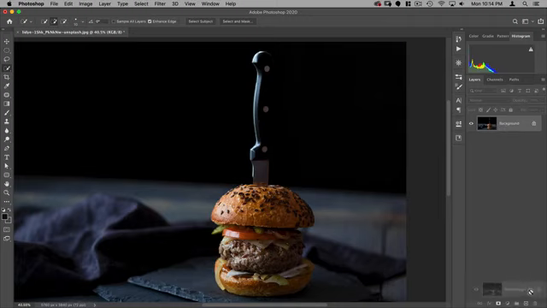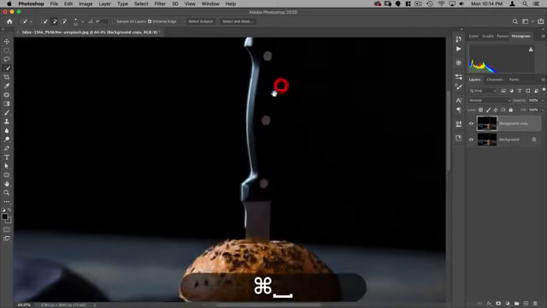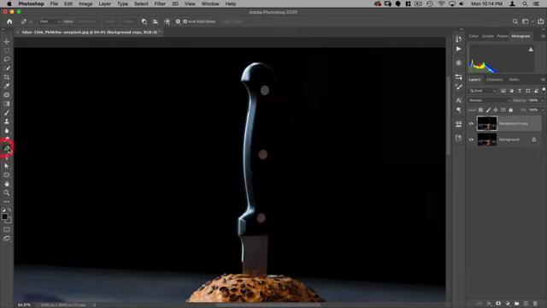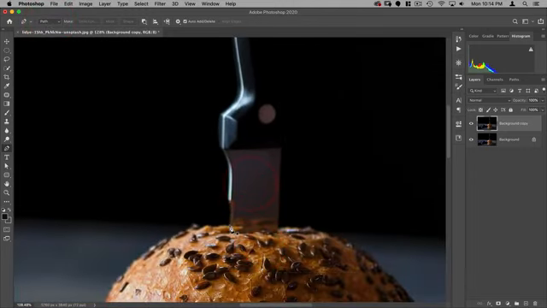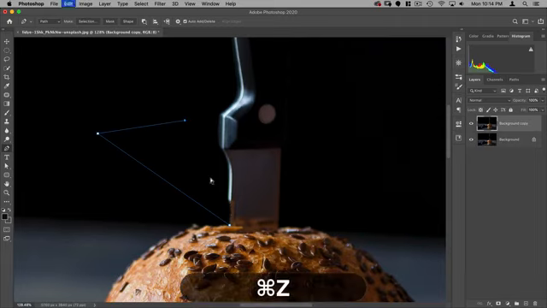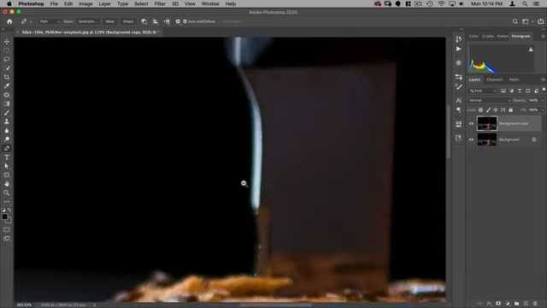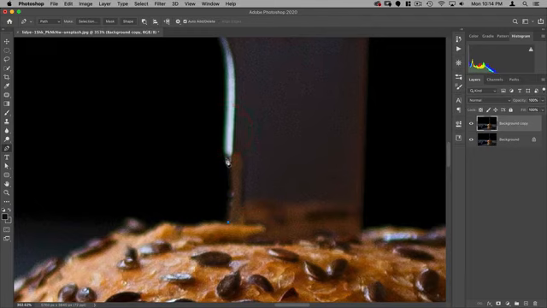So let's go ahead and make a copy of our layer. And with my pen tool, which is right here, I want to make sure it's on path, not shape. And then I'm going to zoom in here and basically just click, and that's going to add an anchor point. And wherever else I click, it's going to make a line between those two anchor points. So that is essentially how the pen tool works. Now, there's a few other things to know about the pen tool. The first is that with the pen tool, you can actually create arcs like this.